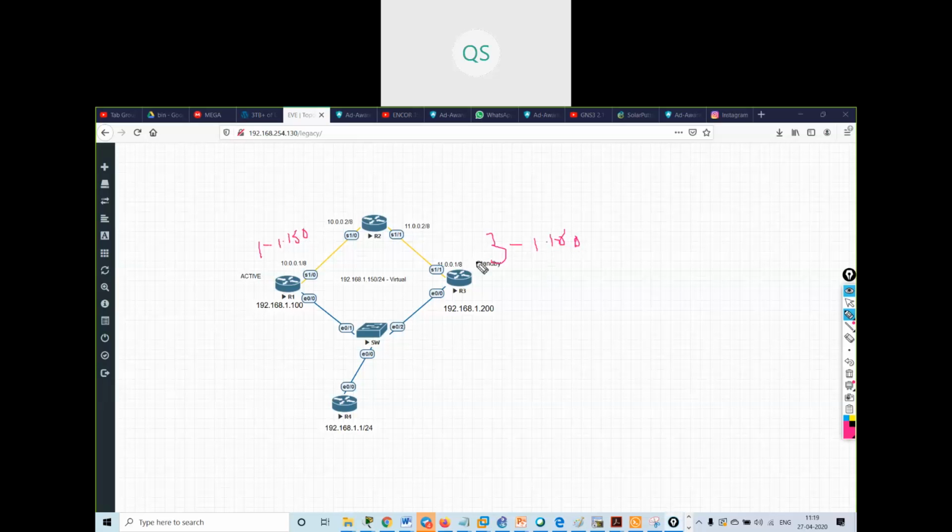The active router for group 1 is R1. The active router for group 3 is R3. For group 1, the standby router is R3, and for group 3, the standby router is R1. Okay, understood.